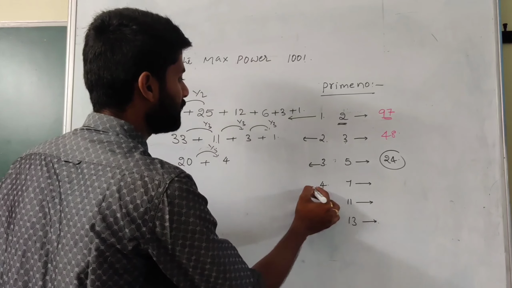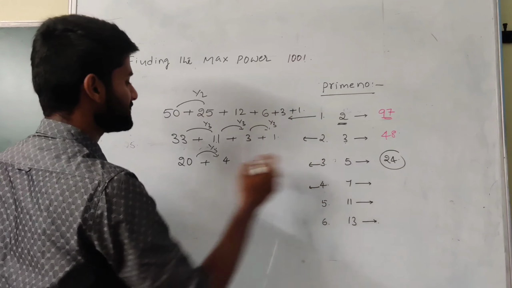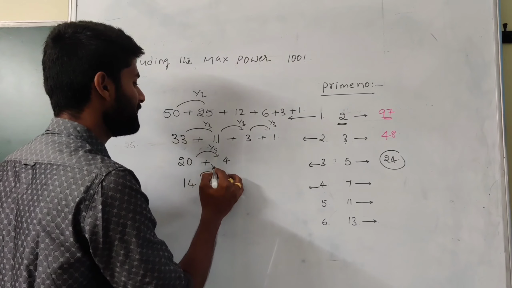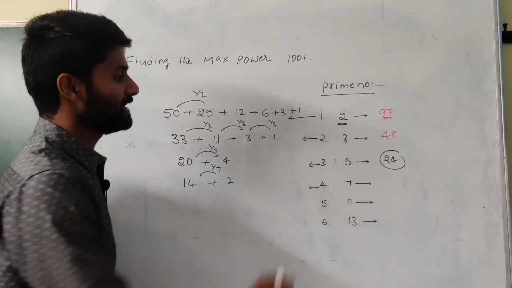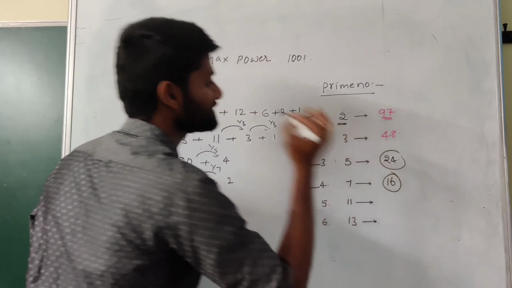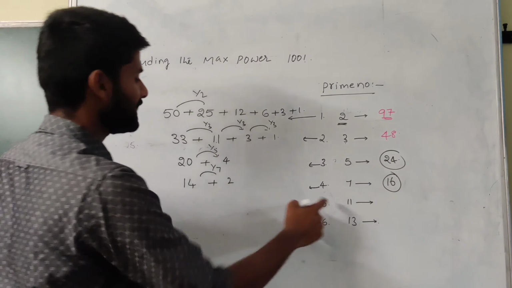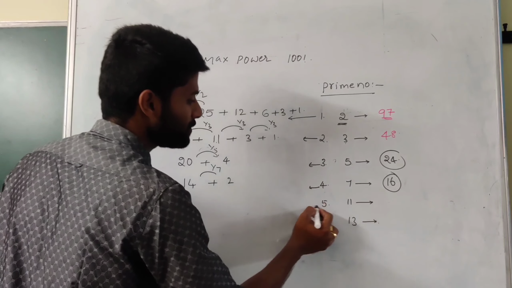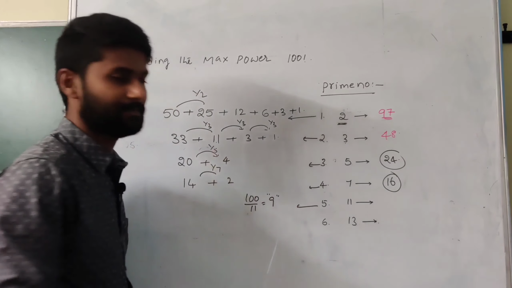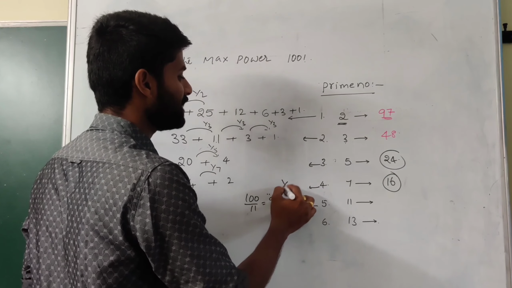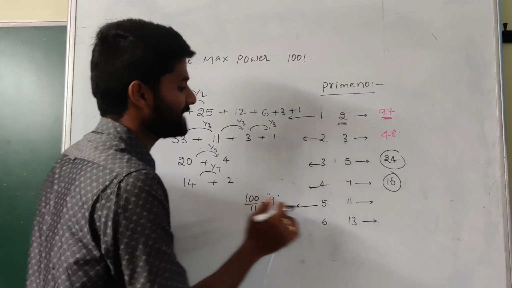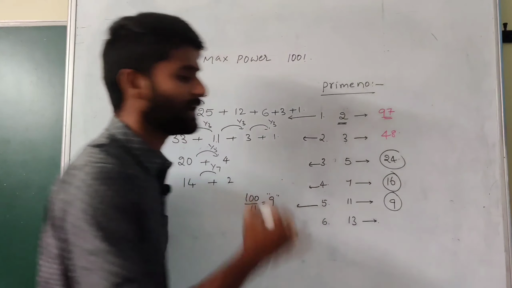Same thing, if you want it for 7, it means 100 divisible by 7, that is 14, and 14 divisible by 7, the value becomes 2. The maximum power of 7 in 100 factorial is exactly equal to 16 only. If you want 11, simply 100 is divisible by 11, absolutely the value becomes 9. And we don't have any value for 1/11th of 9. That's why we stop the calculation. The maximum power of 11 is equal to 9.